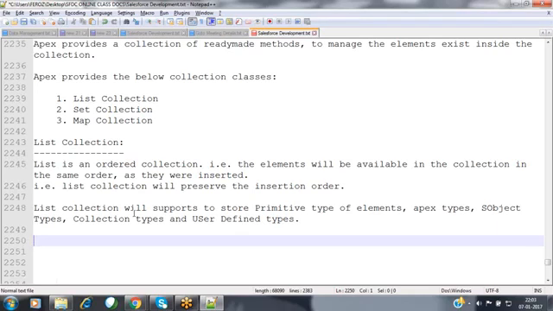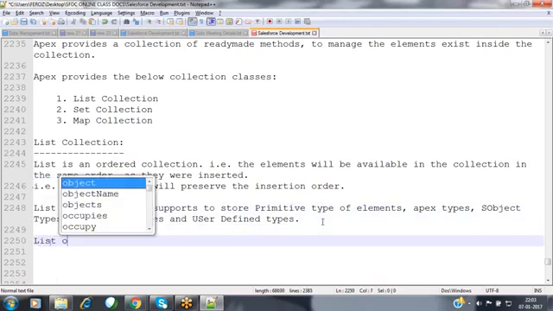The List collection will support storing primitive type elements, Apex type elements, nothing but Apex classes information also we can store as elements, sObject type elements, collection type elements, and user defined type elements. Everything we can store inside the List collection. The List collection supports storing different types of elements.